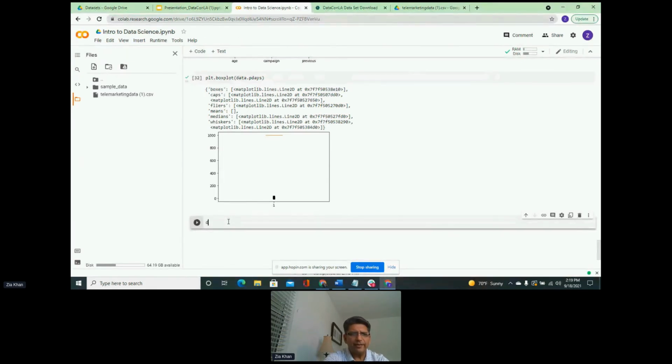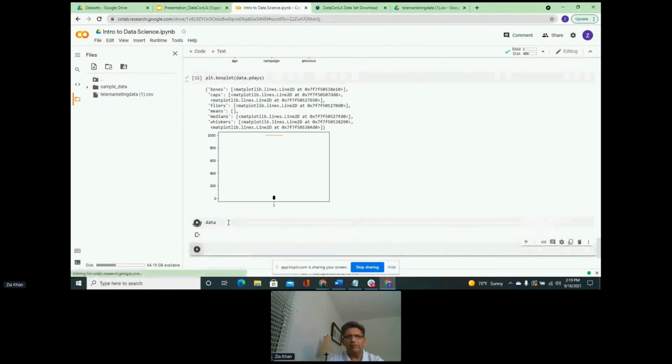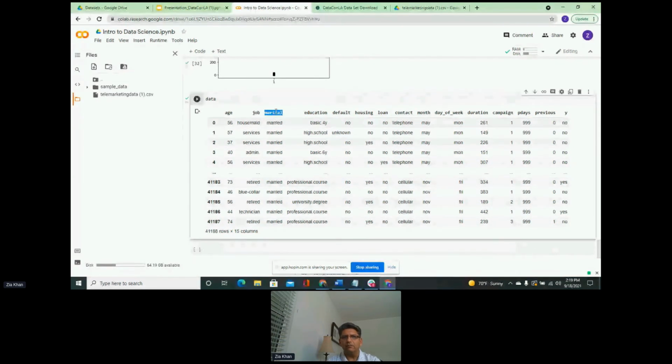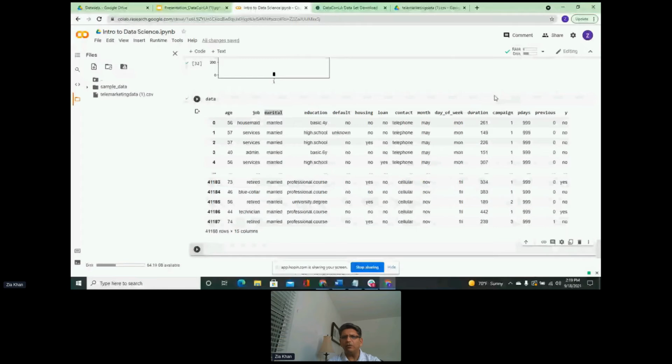Now let's go back to our data, and this is our data frame. Now this data frame has a lot of columns, and earlier we looked at a way of finding out how many unique values were there in one column. We were trying to figure out how many unique values were there in the marital column. Can we find that out for all the features or all the columns? So we can.